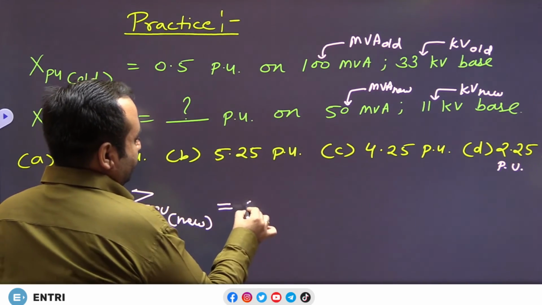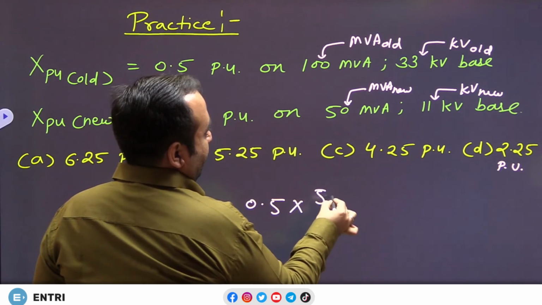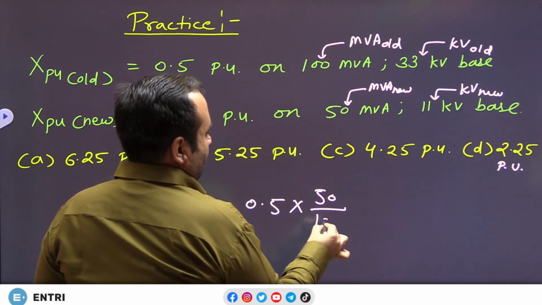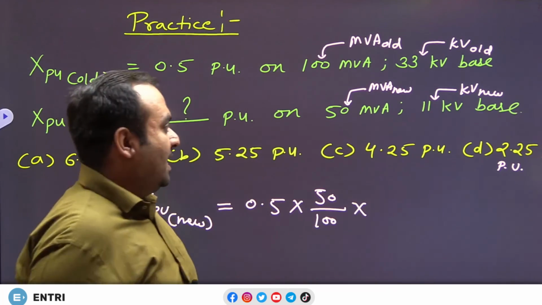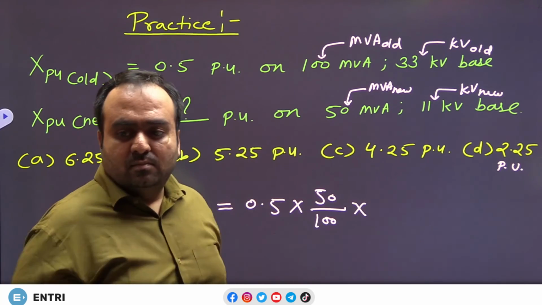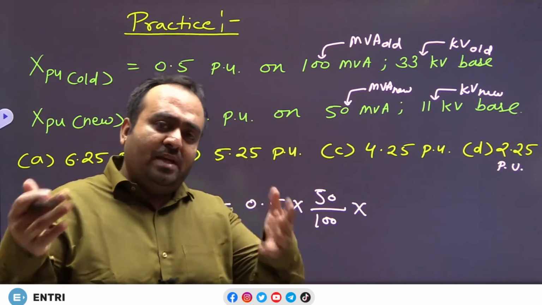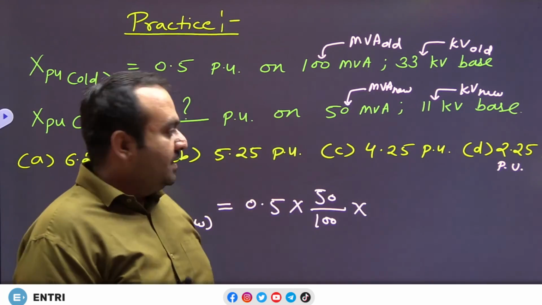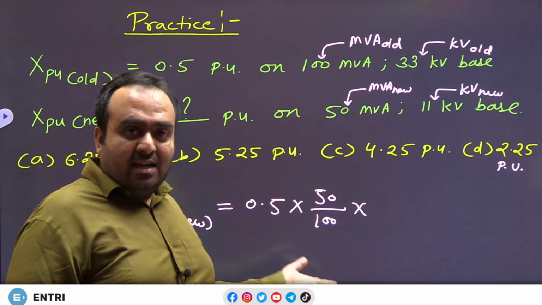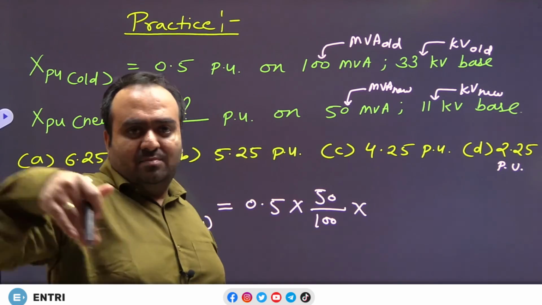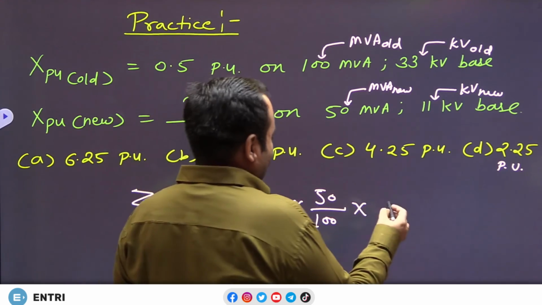So 0.5, 50. If I do any calculation mistake, you please correct it. I will try not to, but some calculation mistake may happen. I am a normal human being. I make mistakes. You make mistakes. We all make mistakes, right? So once it gets recorded and later you come to know that something is wrong, you can kindly bring it to my notice via some channel. Although I will ensure that I don't make any calculation mistake.